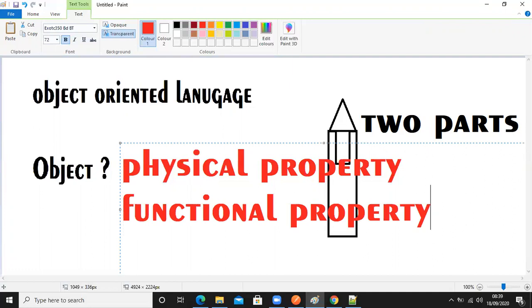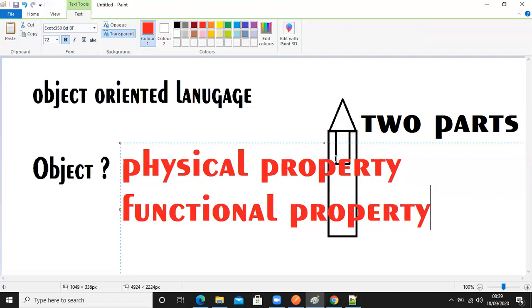So both things make an object. If it only has the physical properties, like the cap and everything else, but it is not able to write, then that is not a pen. It might be something else. So based on these two properties, physical property and functional property, only can we identify an object in the world.